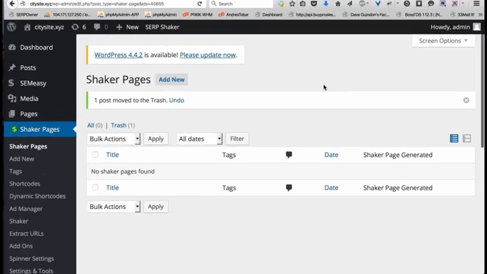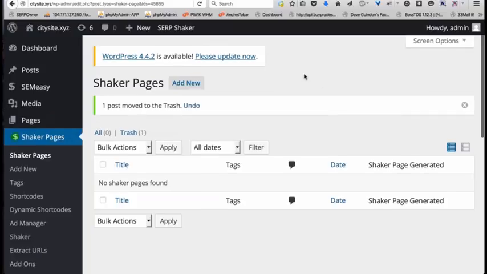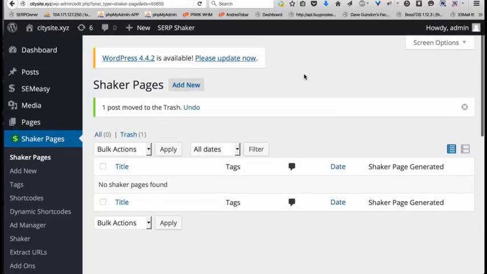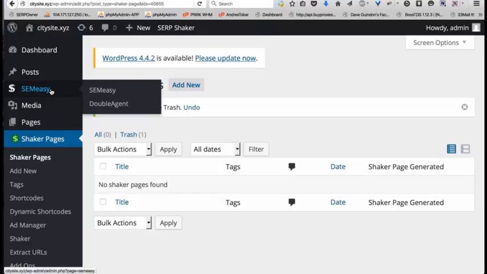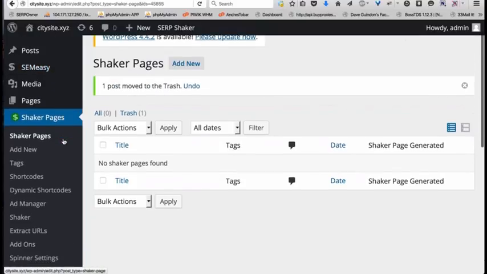All right, so let me zoom in a bit here, because I know the resolution on these Macs can be a little bit high. Basically, to prepare for the webinar, I launched a random site on a random domain, installed the SEMeasy plugin, and installed SERP Shaker, which is my plugin.